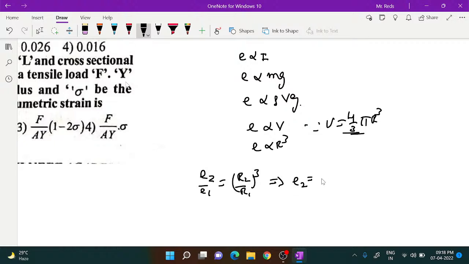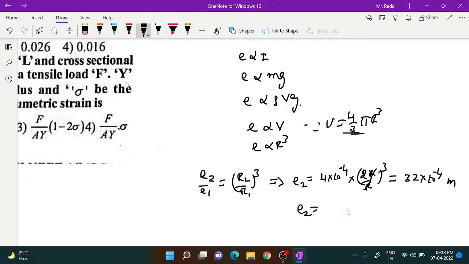E1, the initial elongation, is 4 into 10 to the power minus 4. 4 into 10 to the power minus 4 into (R2 by R1) whole cube. What is R2? R2 is twice the first one, right? (2R by R) whole cube. So R cancels, 2 cube is 8. So it is 8 times 4, that is 32, 32 into 10 to the power minus 4 meters. So E2 is equal to